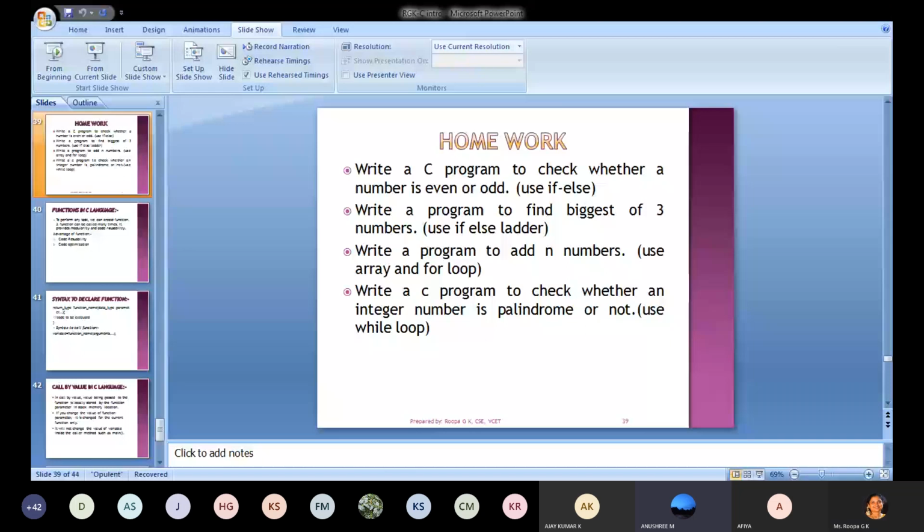Bhavana, present, ma'am. Chaitra, present, ma'am. Chandan, Chetan, present, ma'am.